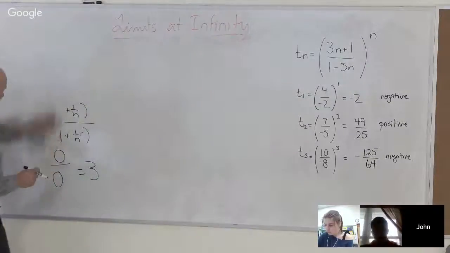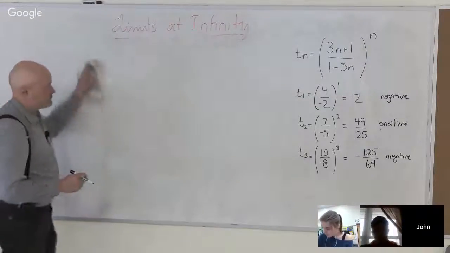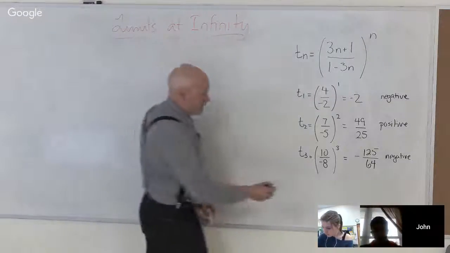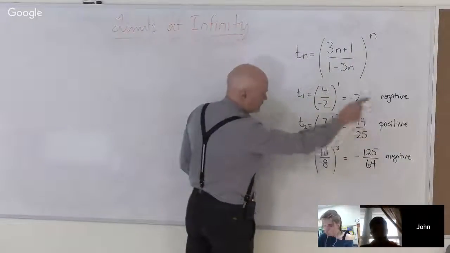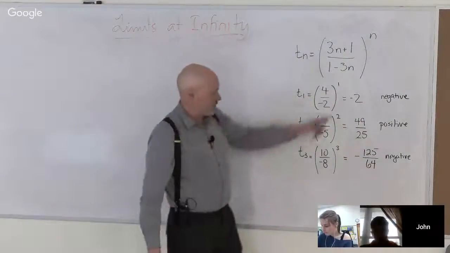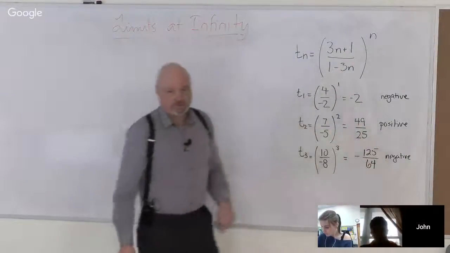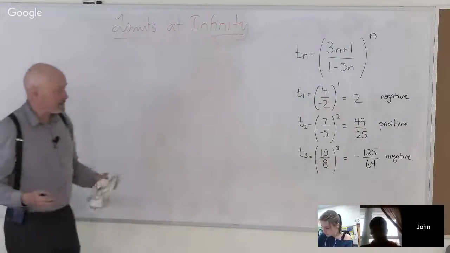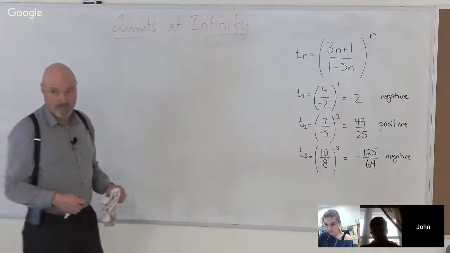To figure that out, you're just plugging in 1, 2, and 3, and then you can see. Yeah, so I can already see I've got a problem, right? Because it's going negative, positive, negative. So the whole idea that this is going to converge to a limit is